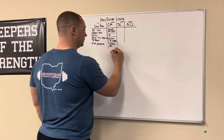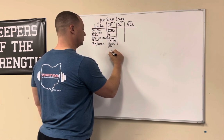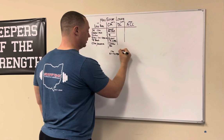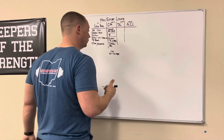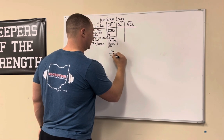You know, you do close stance good mornings. Sometimes I would just go 2 to 3 sets, opposite stance, good mornings on whatever variation. So if I'm in close, I'll move my feet out wide and do a couple sets. And then I generally do, like on the suspended